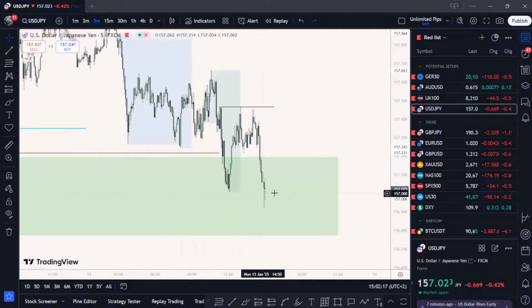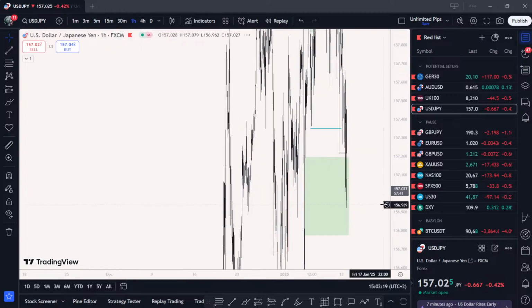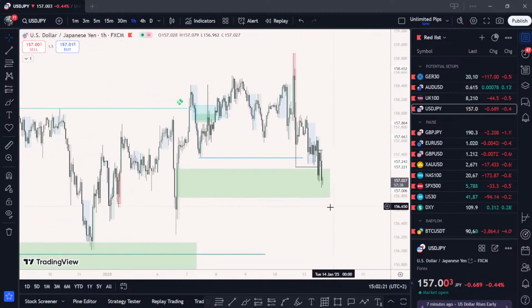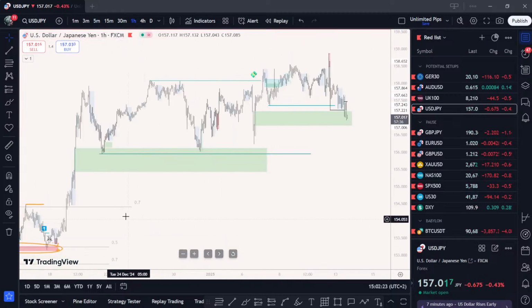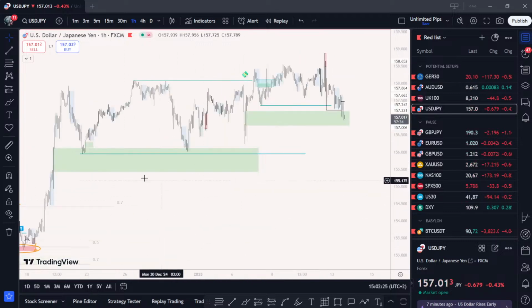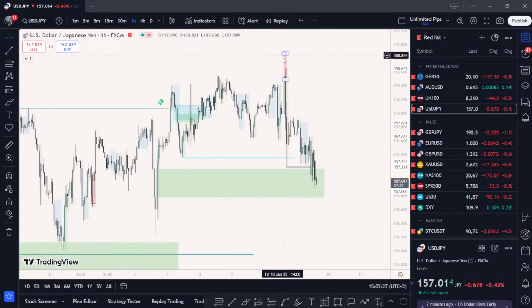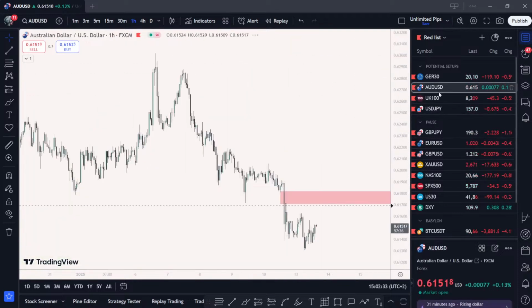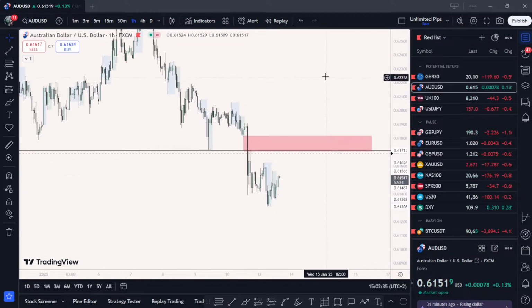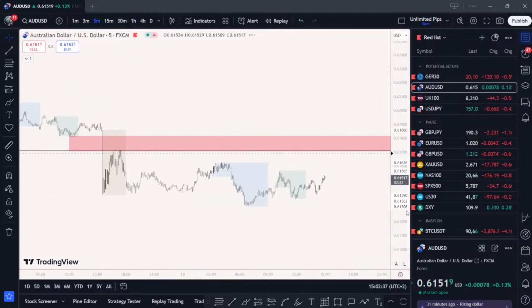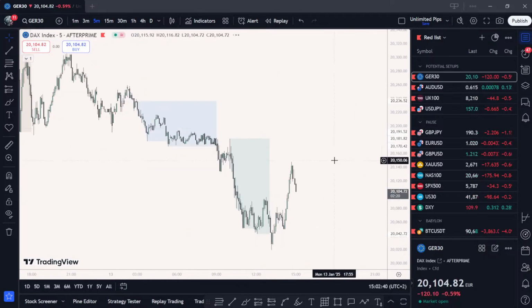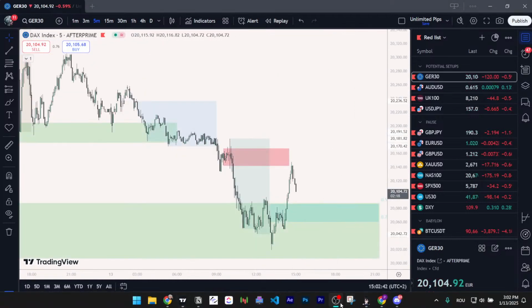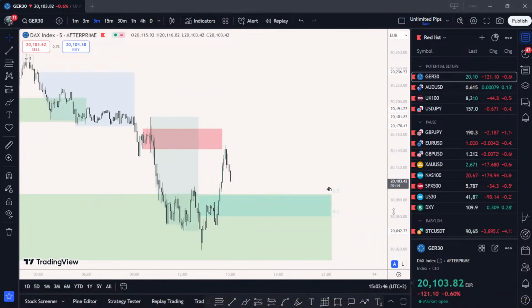USDJPY is rejecting off the low, yes, but again, I'm not really that confident in buying USDJPY when we have these equal lows right here. For me, these are very vulnerable. We had a really good rejection of the highs here. See how we closed. So I don't know if I'm gonna trade that. I know I'm waiting on this really good area on DAX. We might have a setup here.